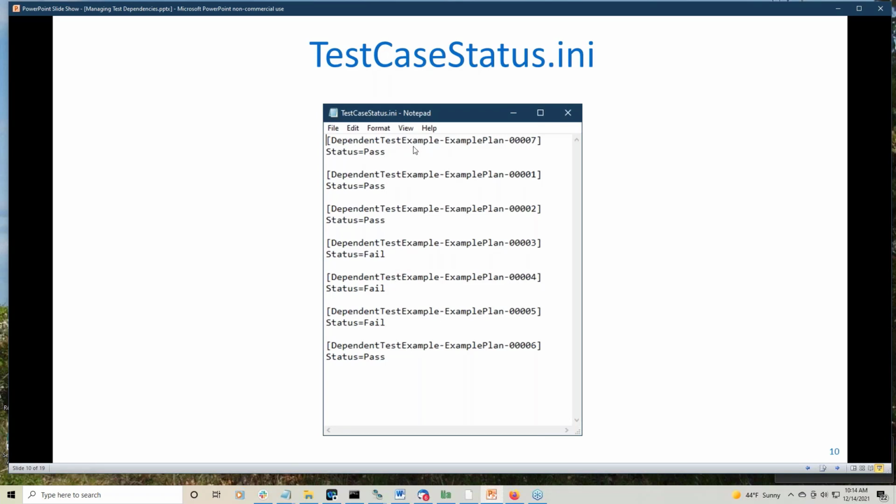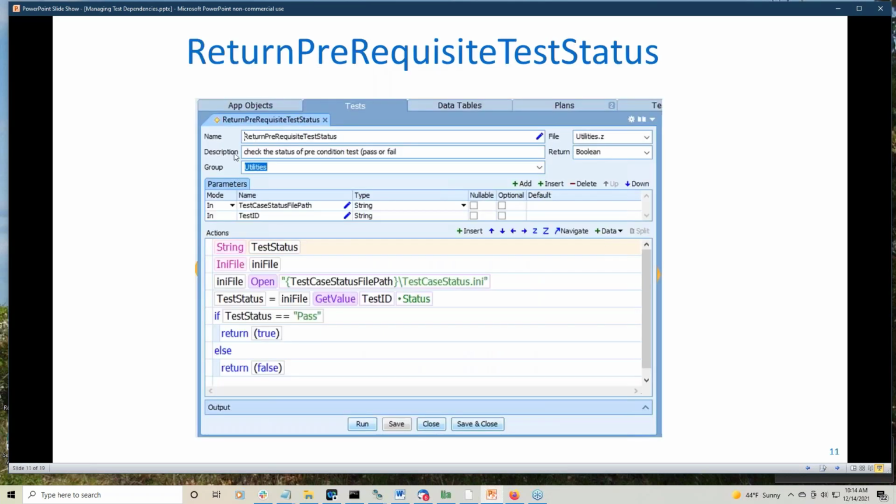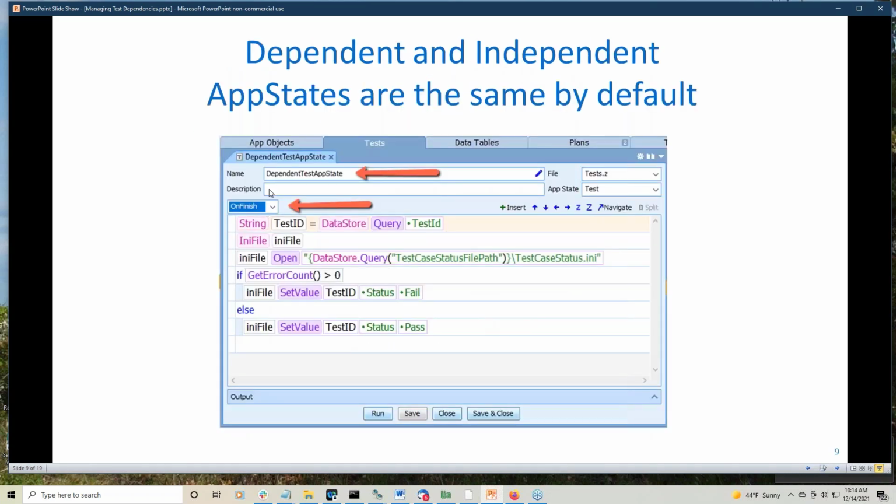That's my test case ID, project, plan, unique identifier, and the status of pass. So it is this onFinish, let's go back. I got to go up. There we go. It's the onFinish that's actually setting that status value to fail or pass in the